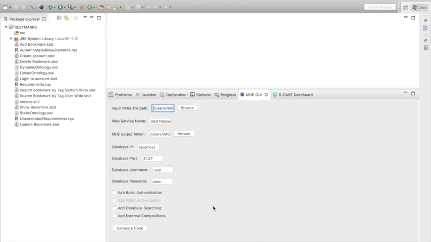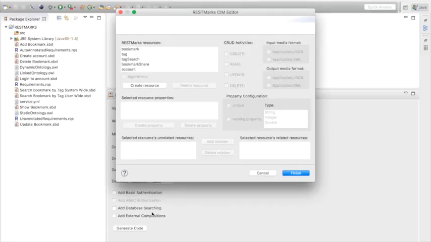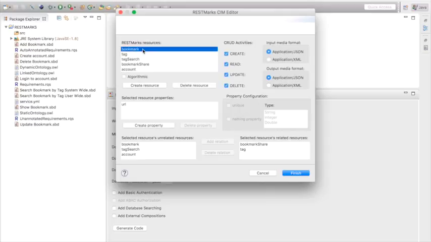I will go on with the first demo about RESTmarks. I will hit the generate button, and as you can see, the core REST wizard pops up. And it has all these sections we have already discussed. The first thing I would like to talk about here is that, of course, in the non-ideal case,